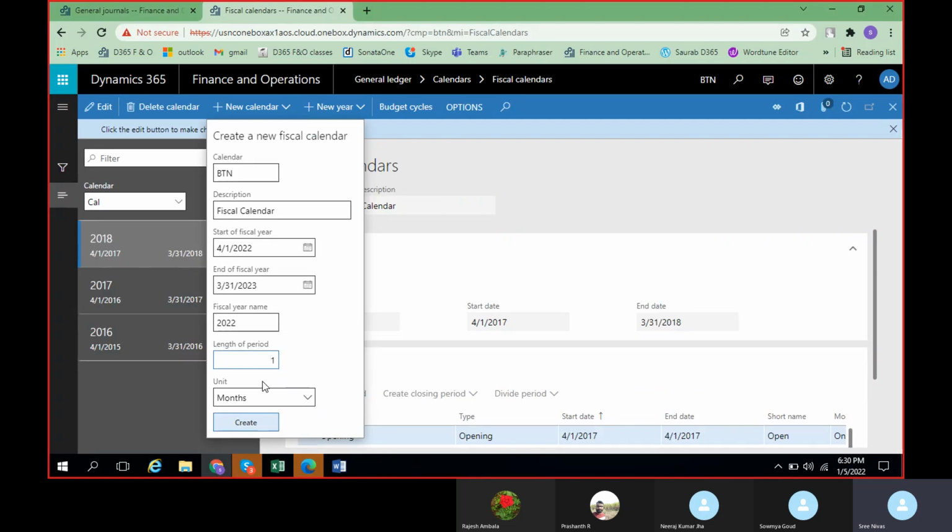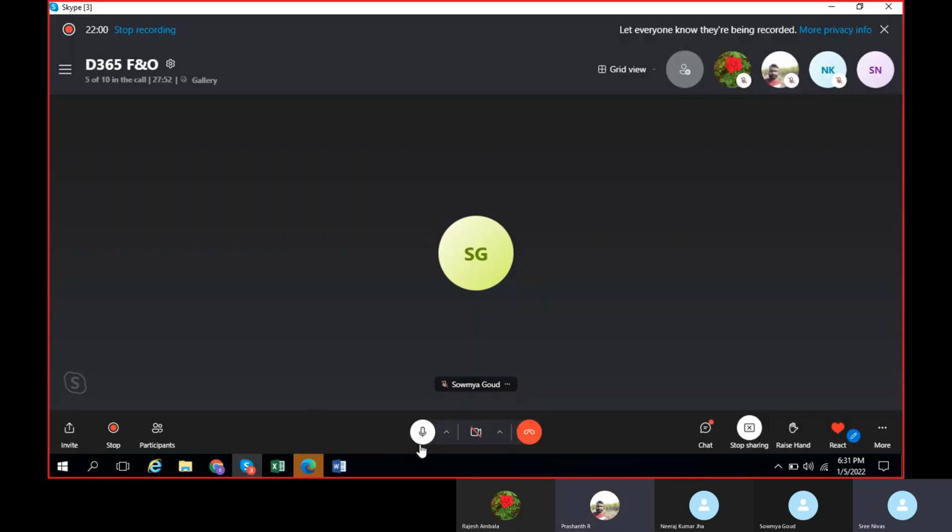We'll try to select here. Under this length of the period, if you give it as 1, okay, before entering the quantity under the length of the period, we'll have to select the unit.